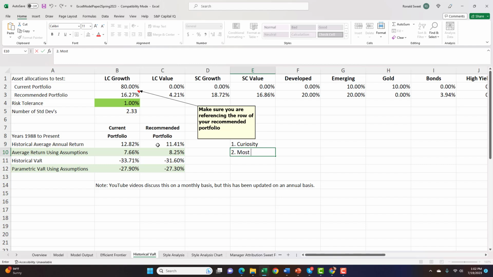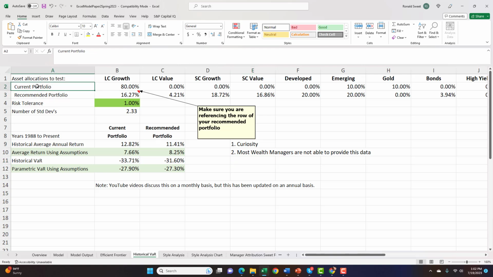Most wealth managers are not able to provide this data. If you're dealing with a wealth manager and they say, hey, here's a portfolio we recommend, we want you to move from your current portfolio to this portfolio, and you ask them, how would that have performed the last 25 years? If they cannot answer that question, they're not selling you advice, they're selling you a product,